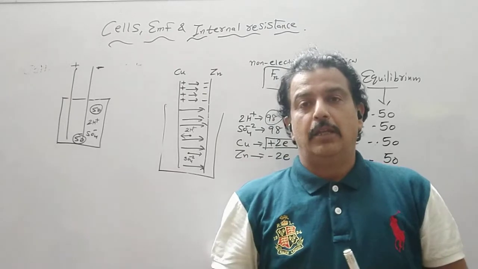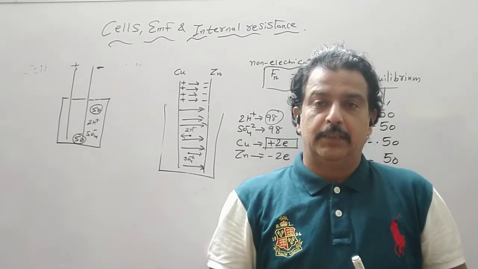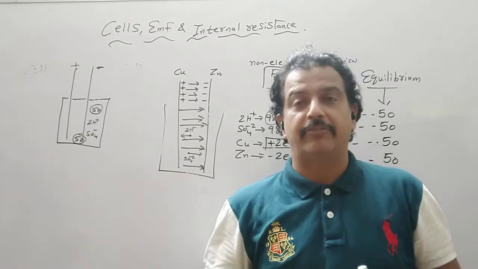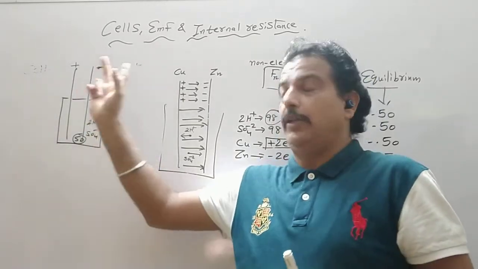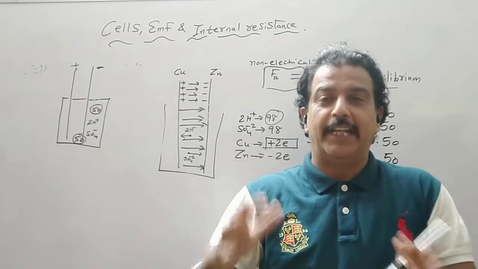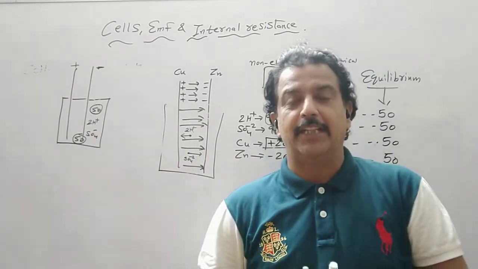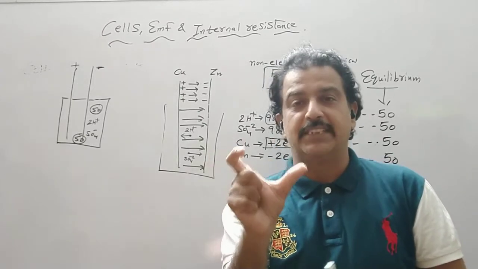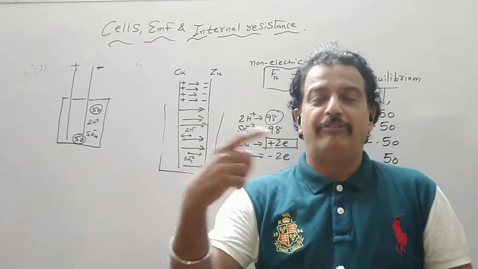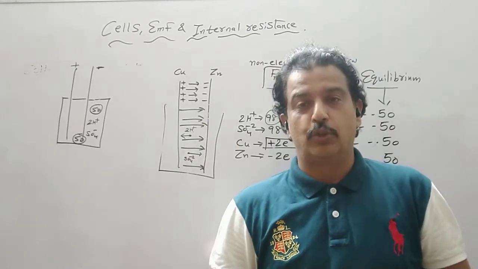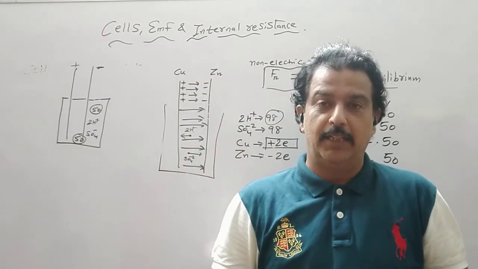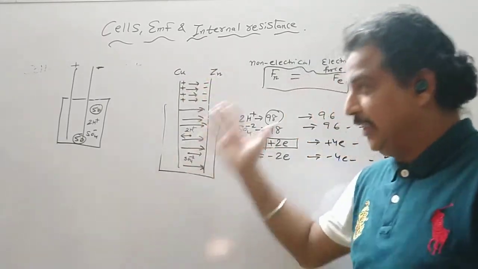suppose you bring a pencil cell from a market, the value written on it is 1.5 volt. It means the potential difference between the two rods or electrodes is 1.5 volt, where the negative terminal is arbitrarily taken as 0. The potential difference of 1.5 volt means 1.5 joule of energy will be consumed to transfer 1 coulomb of charge from one end to the other end outside the circuit. This is about the inside.